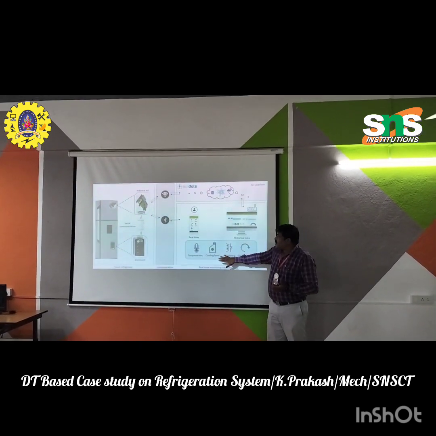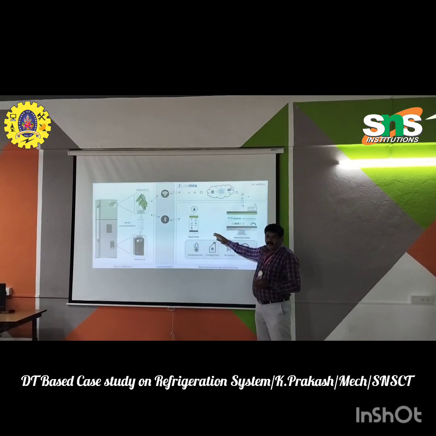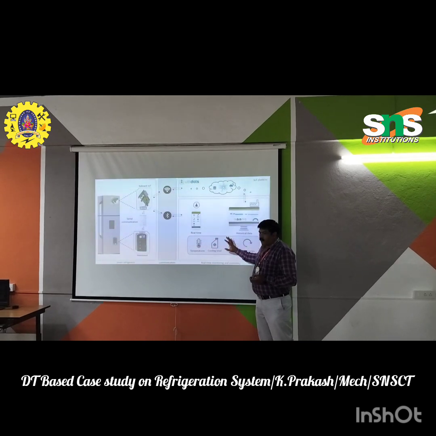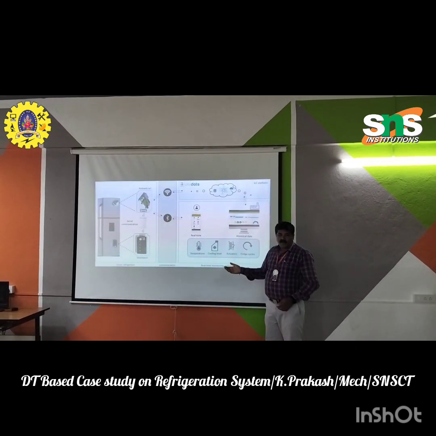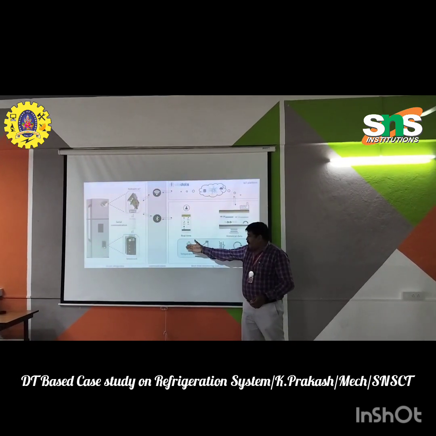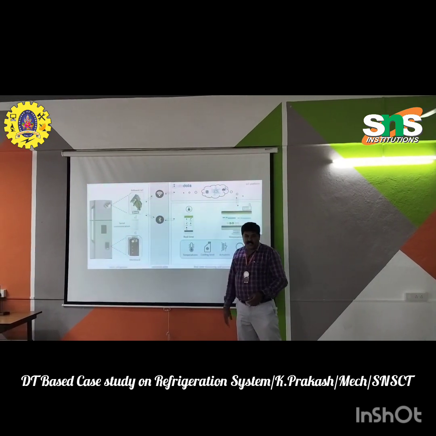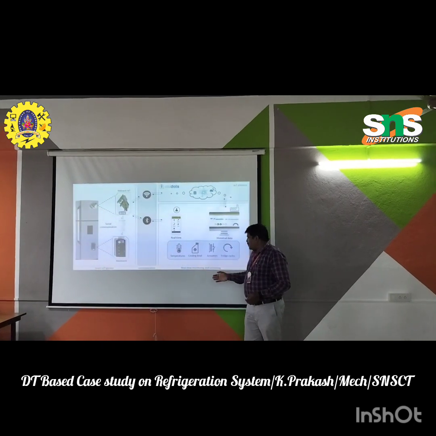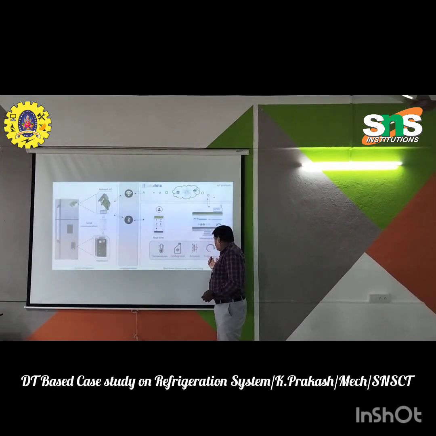So the data is synchronized and we can go through it. This is one of the IoT solutions where normal refrigerators are converted into smart refrigerators. When we are using smart refrigerators, the cooling level and the temperature, everything are